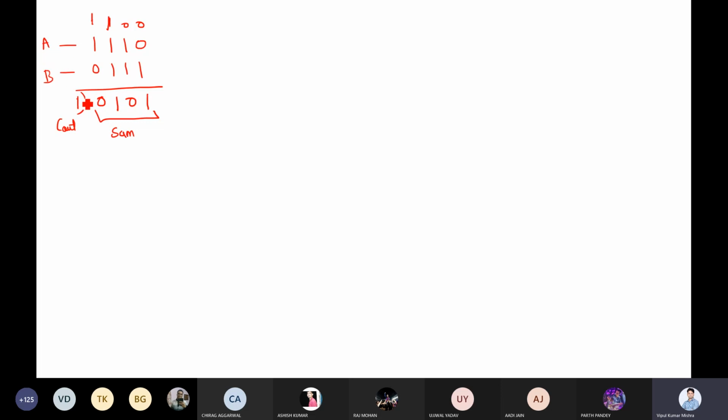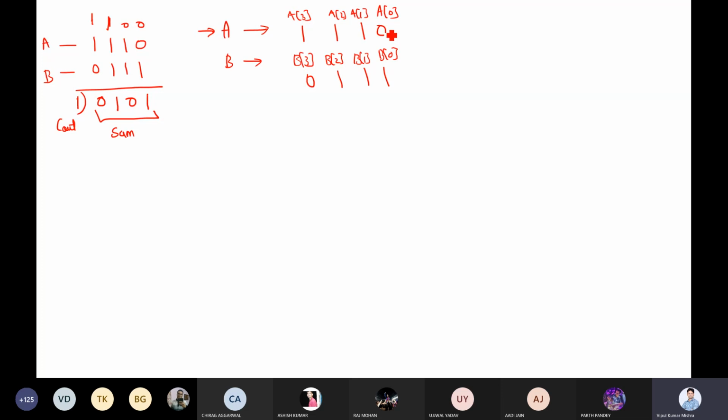Here we have A and B. Now this A and B I just want to rewrite in a list structure. Suppose I say 1, 1, 1, 0. So this is my A of 0, this is my A of 1, this is my A of 2, and this is my A of 3. Similarly, I will say 0, 1, 1, 1, so we will write B of 0, B of 1, B of 2, and B of 3. Now instead of 1 bit, it has a 4 bit number. And now I want to add them.